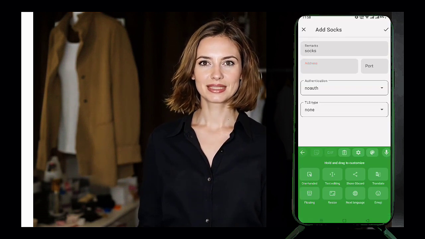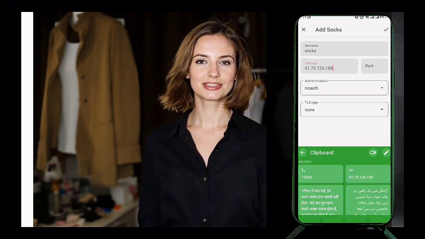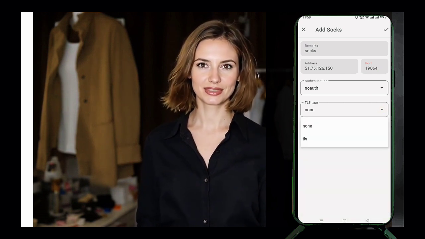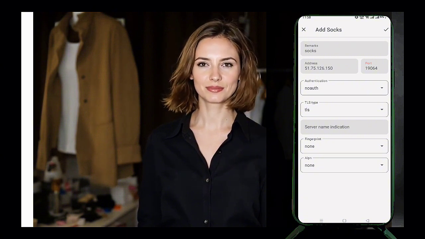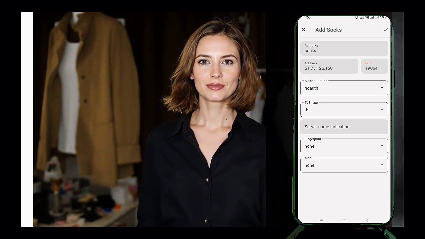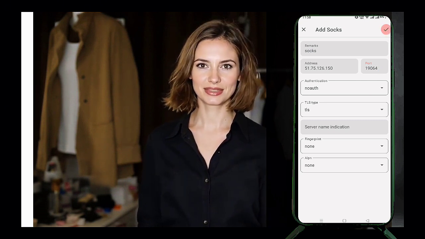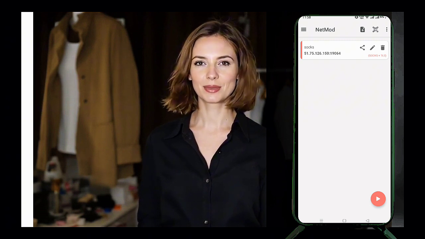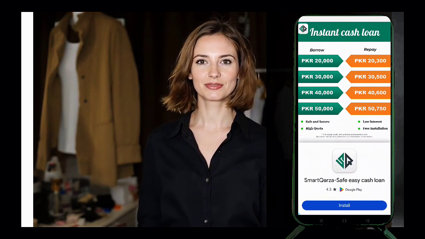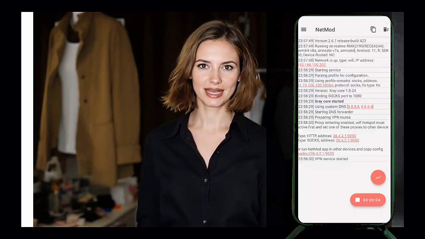Now, switch back to the Netmod VPN app and enter these details into the fields provided. Don't forget to give your configuration a name for easy identification. After entering the details, tap the check mark to save your configuration. Then, select the configuration and tap the Play button to connect to the SOCKS 5 server. There you have it. You've successfully set up a SOCKS 5 server with the Netmod VPN app for a fast